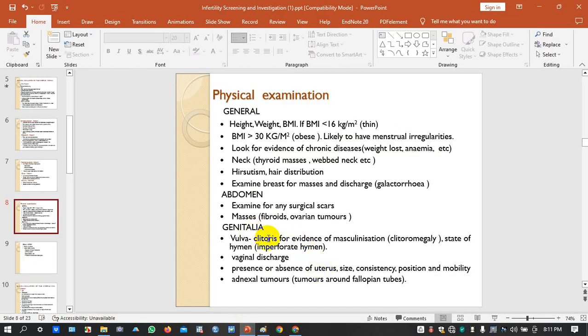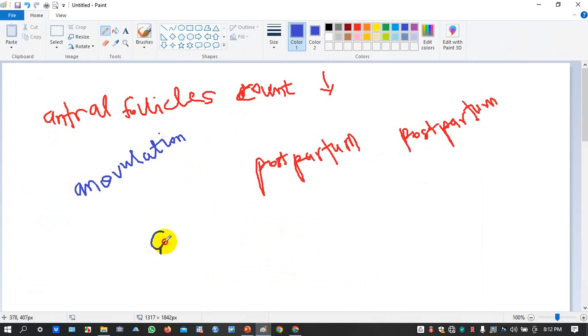Okay, your genitalia, your vulva, especially when we examine your clitoris. So the doctor will also do a bimanual examination. That's, he will put two fingers, the index finger and the middle finger, into your vagina. But before he does that, he has to do something we call a speculum examination. He will open the vagina, he will open the vulva,